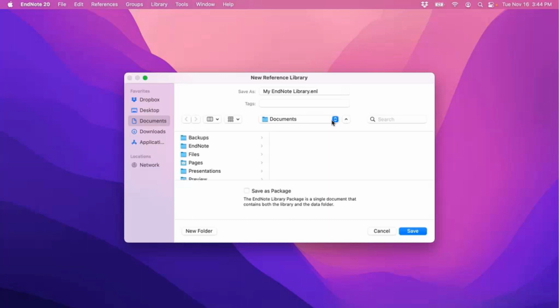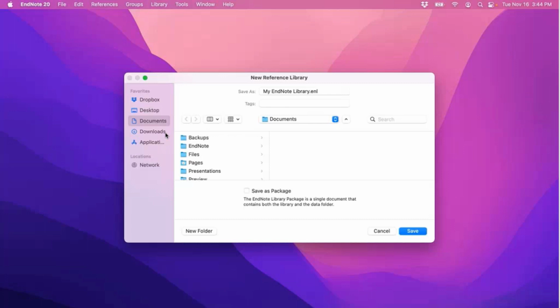And in addition to that, you don't want your libraries that you're actively developing to be stored in a folder that's synced by a third-party service. So that means Dropbox would not be suitable for a library that we're actively developing. iCloud, an iCloud synced folder would not be suitable. OneDrive, if you have that set up. The order in which those services sync their files conflicts with how EndNote's writing to your library, and that can cause library corruption, as I mentioned.